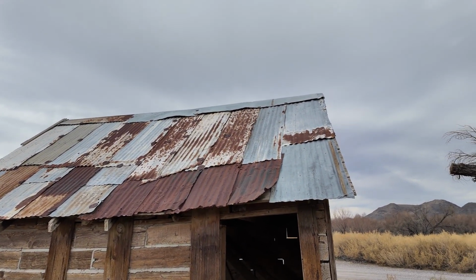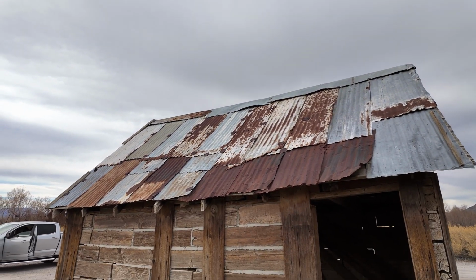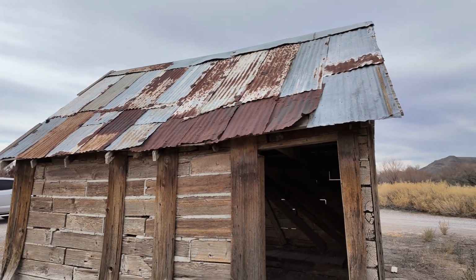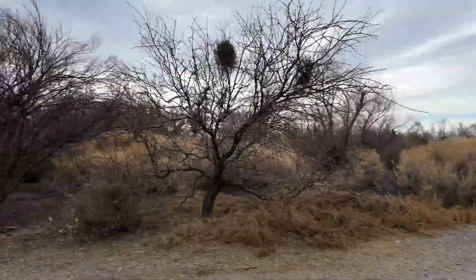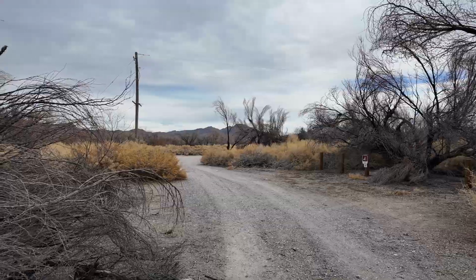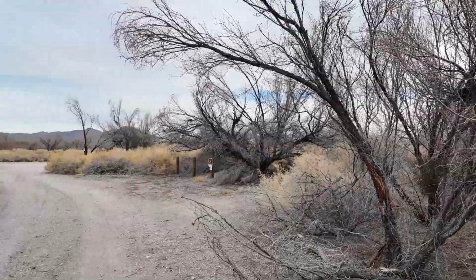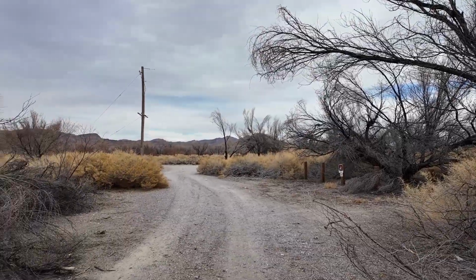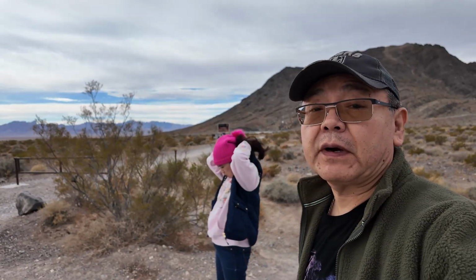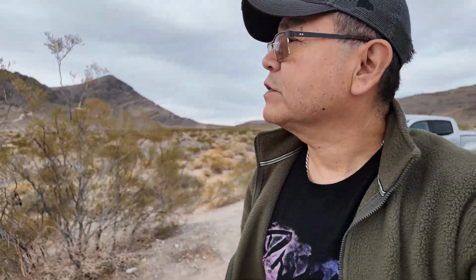You see all the old steel, the tin up on top. Little entryway. It's right here off the main road, which is right there. And if you don't know about it, you don't pay attention, you'll definitely miss it. We're about to embark on an adventure. We're here at the world famous Devil's Hole,